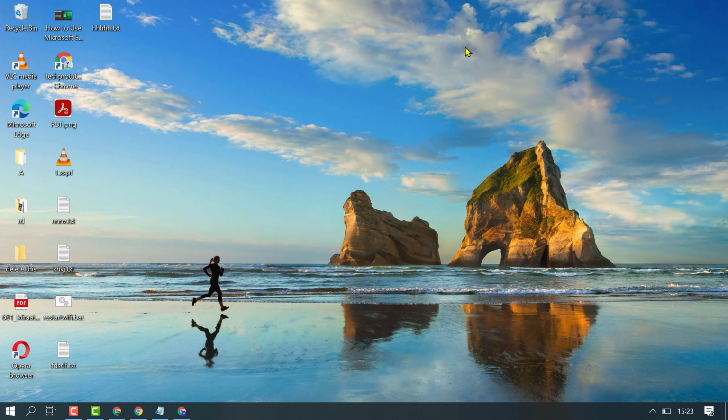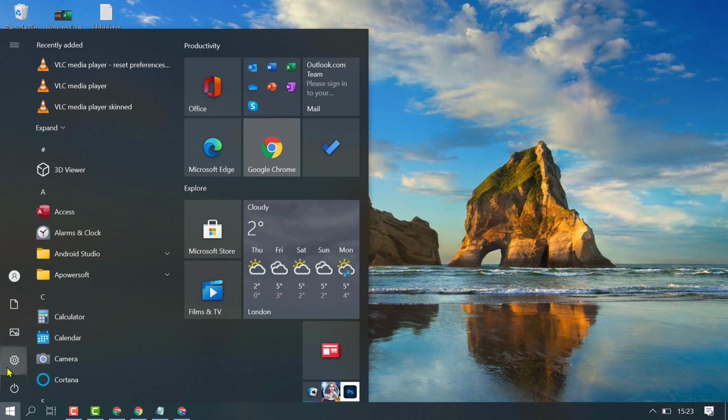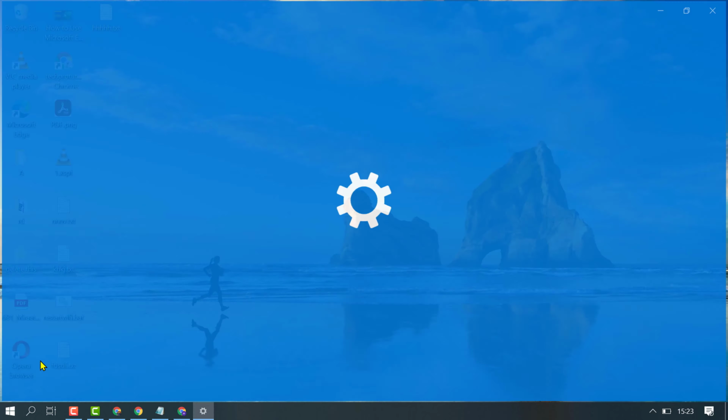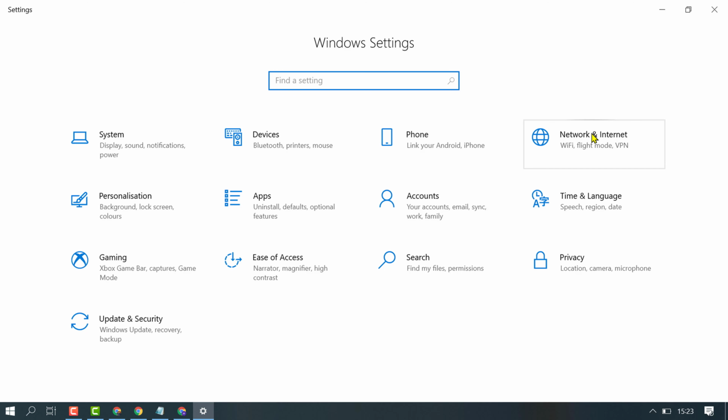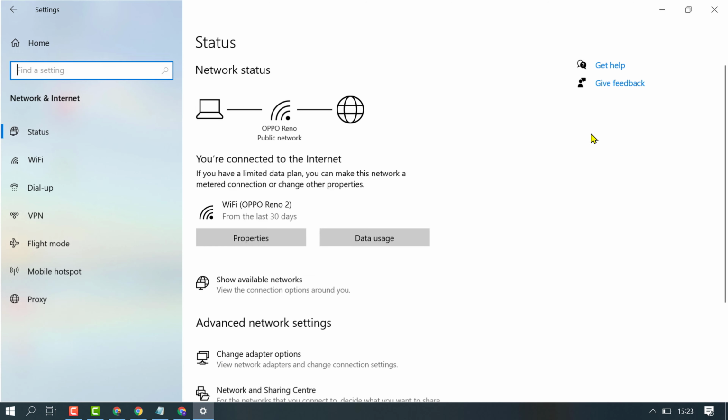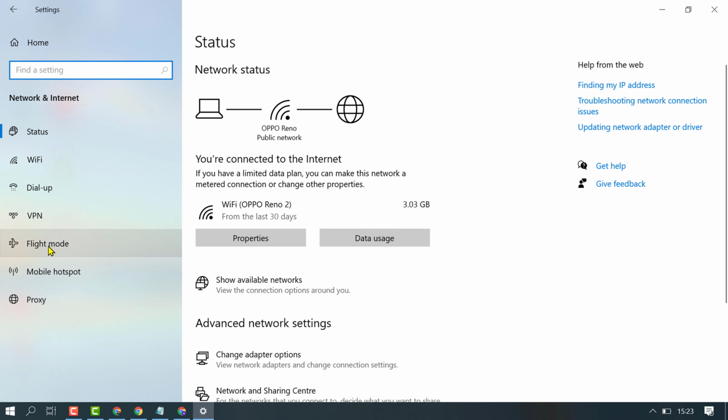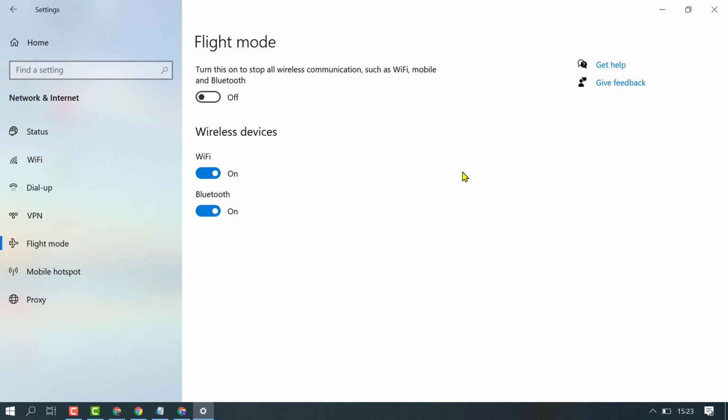Friends, still if you are facing error, try the last method. Click on Start, then settings, and in here click on network and internet. Click on flight mode and here you need to turn on and turn off. If you want to turn off, try from here